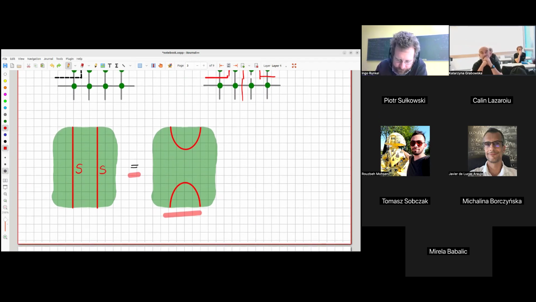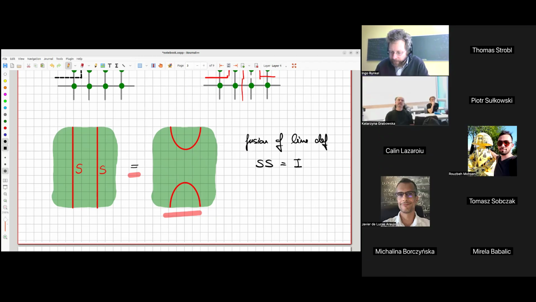And now I want to understand this as a fusion rule for line defects. I have SS is the identity plus nothing, right? And so this is why we can interpret it as a Z2 symmetry. If I have two of these lines parallel to each other, I can just combine them to nothing. So that's my first fusion. Why is it nothing? You have the lines just in a different direction. So it's a nothing in the middle.